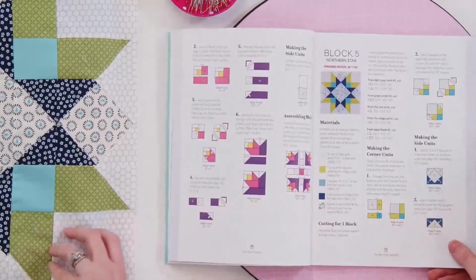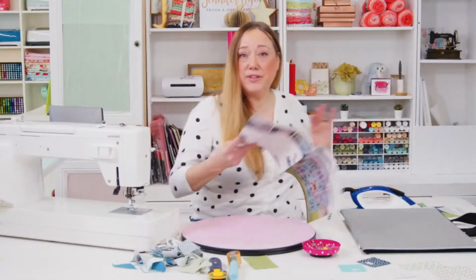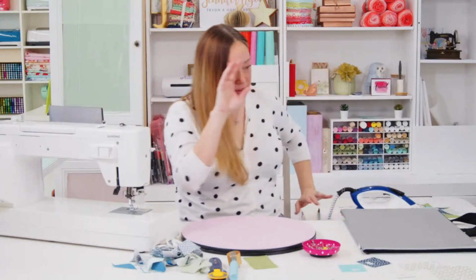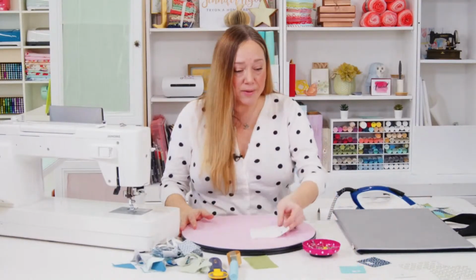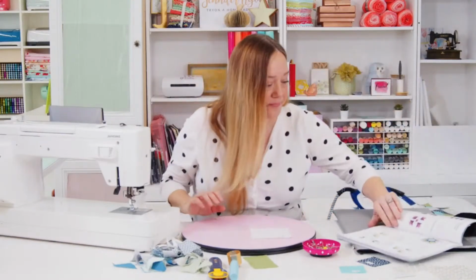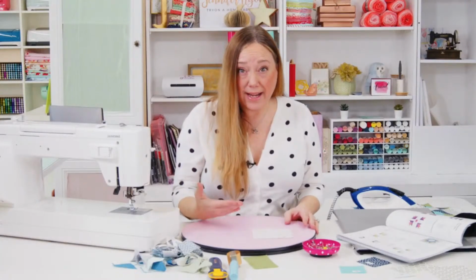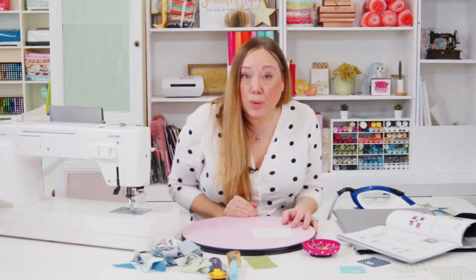Okay, I've got my iron hot because 70% of quilting is pressing. So the iron, full blast, good, ready to go. I've got my squares cut. So I'm going to start with, I do want the book a little handier because I do need to look at it. And so even though I'm doing 1 here, you're going to want to do 8 at once